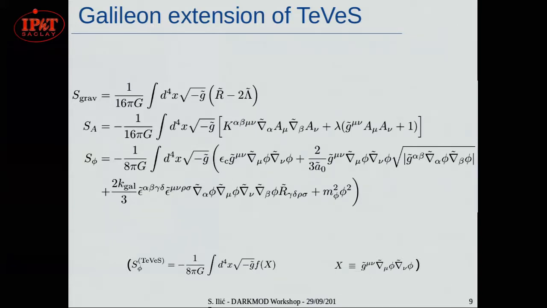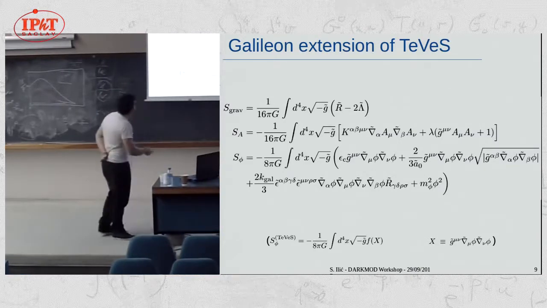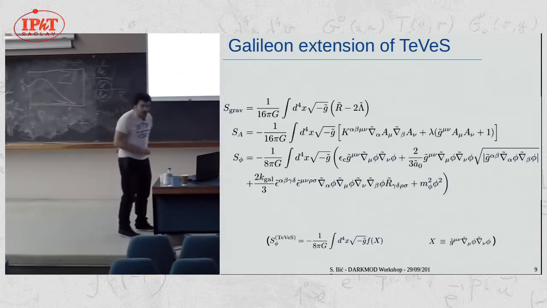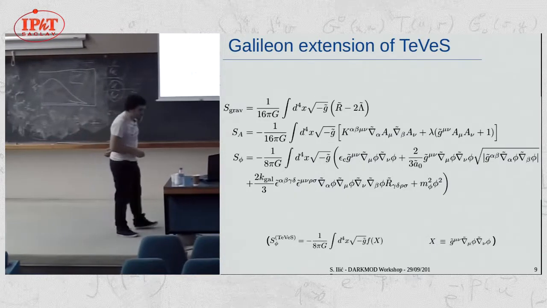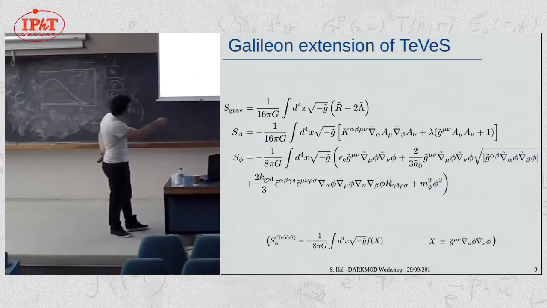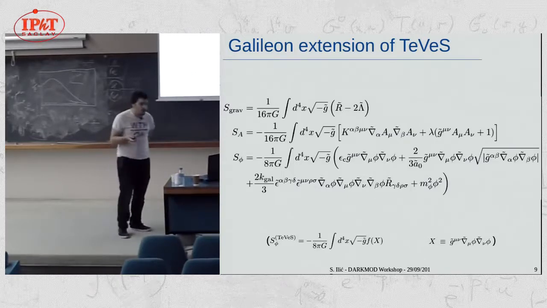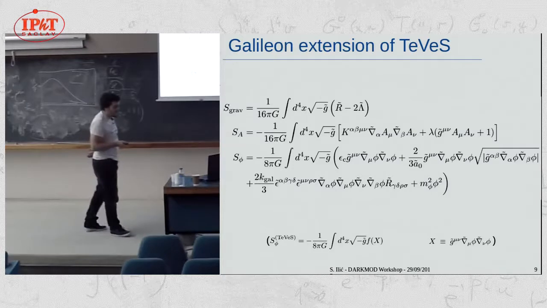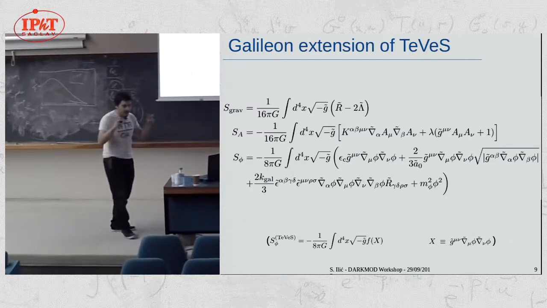So in the original TeVeS that I reproduced here, you have the following form with, again, a free function f. And in this g-TeVeS model, you have the first term, that's the canonical kinetic term, which is proportional to this constant epsilon c. Then you have a second term which is proportional to the inverse of a tilde naught. This term provides an analog to the mu function in MOND, in the sense that it is the thing that gives the limit which is responsible for dark matter-like effects in astrophysical systems.